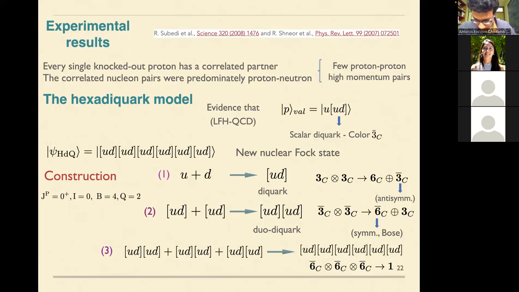The nice thing about this is that it has exactly the quantum numbers of the alpha particle, the helium nuclei. So it's a new kind of construction that could be very important for nuclear physics. We have to remember that the helium, the alpha particle, helium-4, is a very special nucleus. It has a tremendous binding energy that has never been explained correctly.